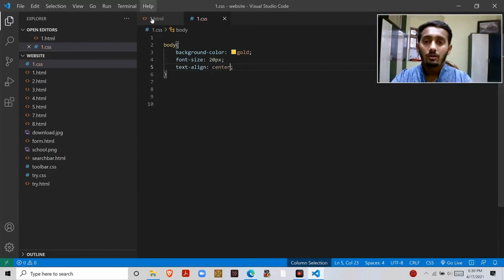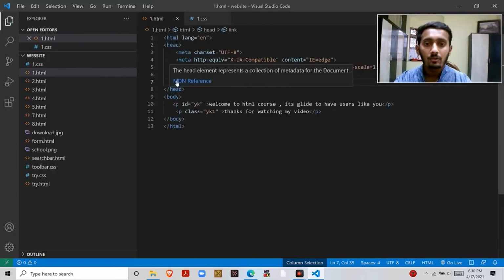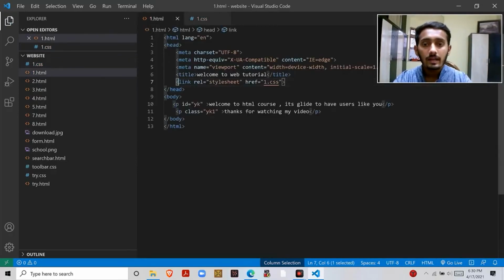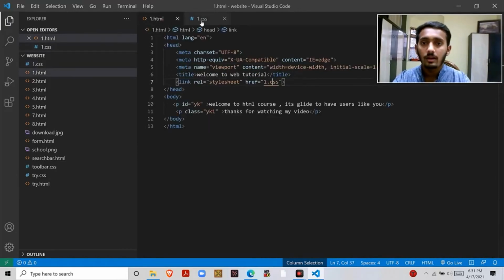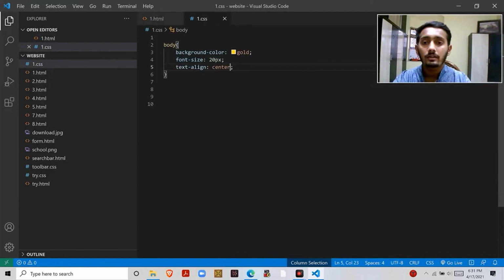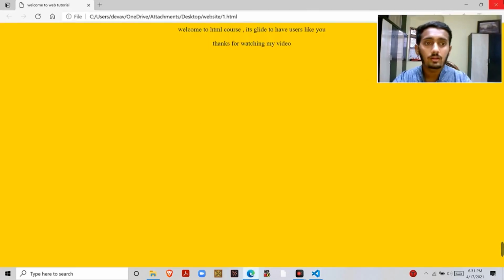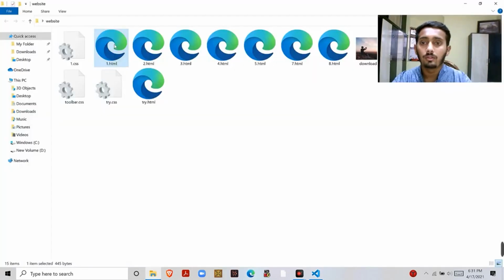So what we have done in external CSS, I am going to explain again. First we have to declare the link tag which links the HTML file to the CSS file. We have taken it here, you can see it. It is called the link tag. In that we declare our CSS file name. Then our one.css file links with one.html. Then in one.css you declare the selector and all the changes you want. Now we will close this file and open this.